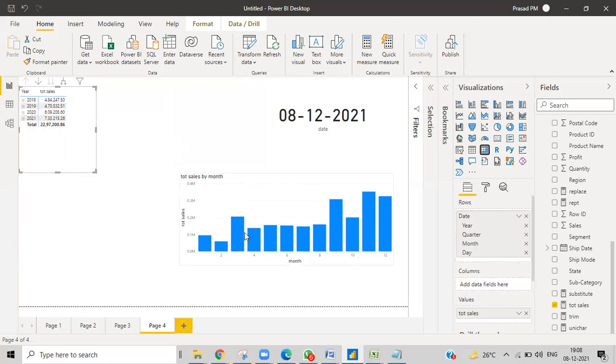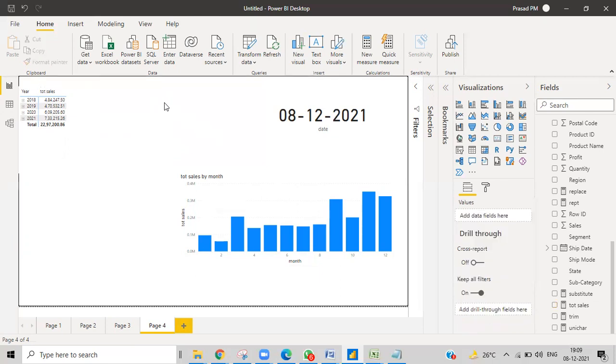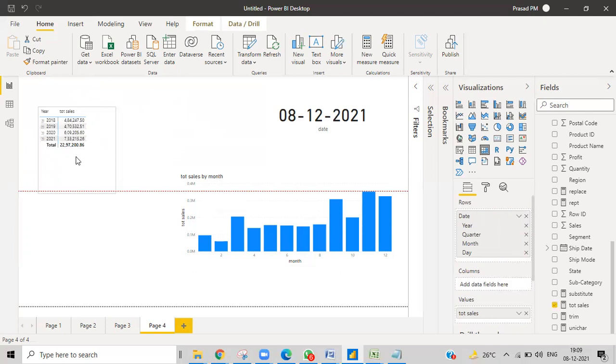But here I don't want to see it for each like this one. I want to see for each and every month. So what we can do is keep a year slicer. If you add a slicer, you can check it out. Do you know what the visuals are and what these functions do? What a slicer and a table do? If you are okay, then we can go. Or else we need to have one session for these visuals only.